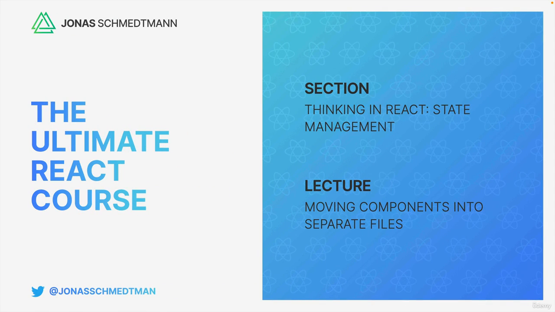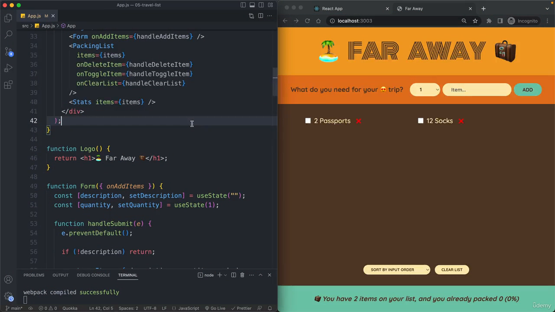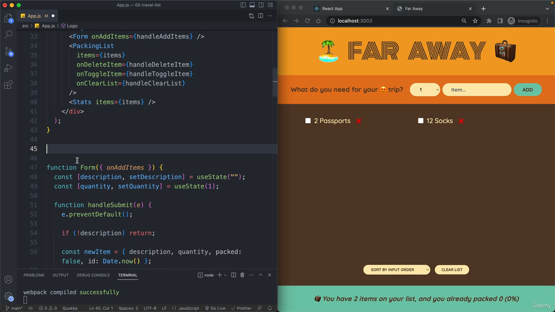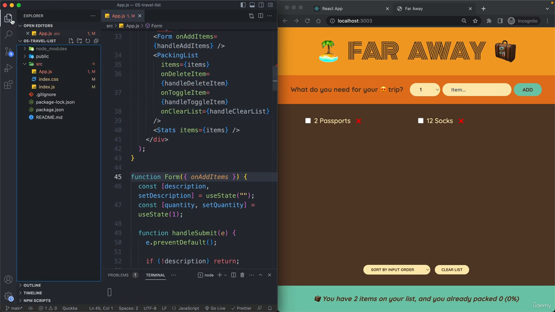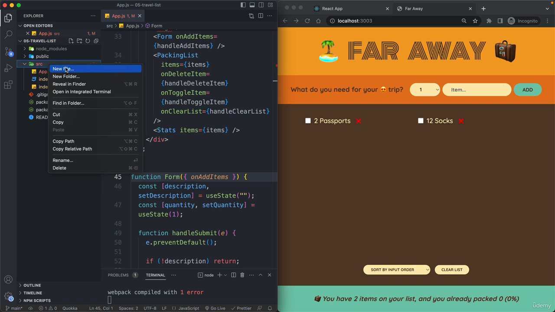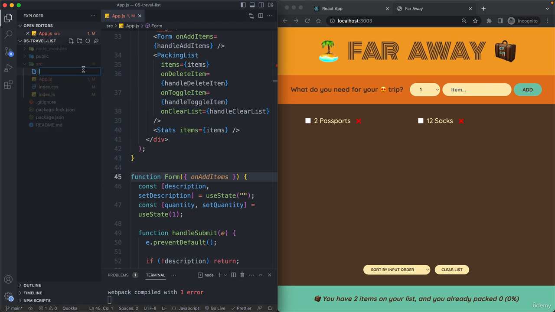So let's now split up our app.js file into multiple component files. And this will just be a very simple exercise of taking each of these components and placing them into their own file. So you can even do that on your own if you want. But anyway, let's just grab this code here, cut it, and then create a new file inside source. So inside this source folder, create